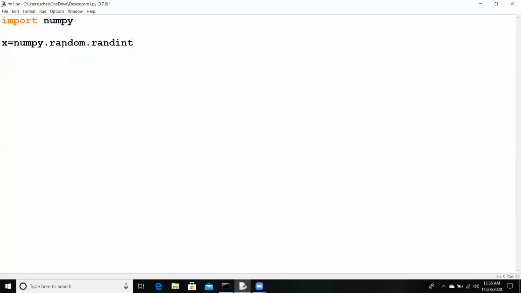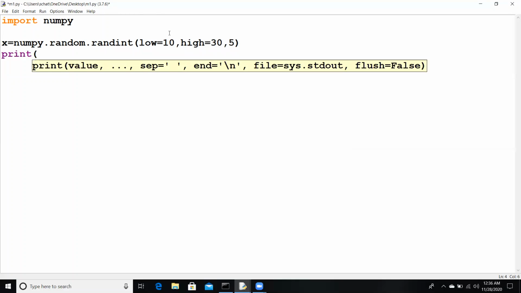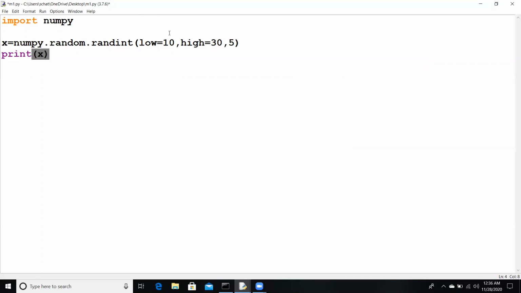Okay, randint. So here I have to mention the range. Low is equal to, say, 10. High is equal to, say, 30. And how many random integers do I want to fetch? So let's say 5. Now I will print this array of random integers. So x is basically an array of 5 random integer values in the range 10 to 30,